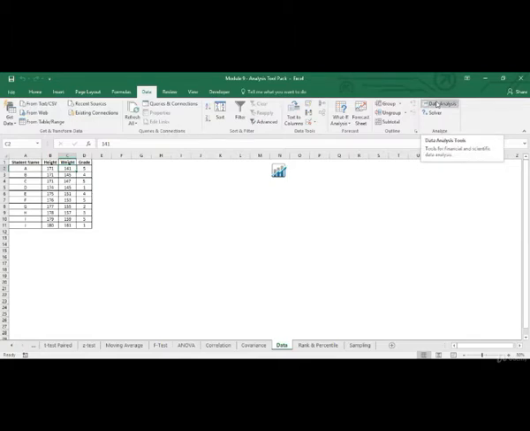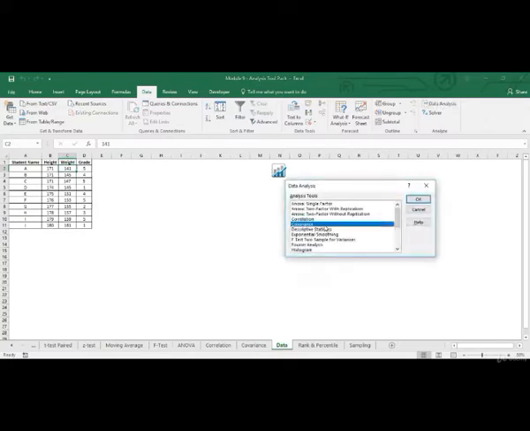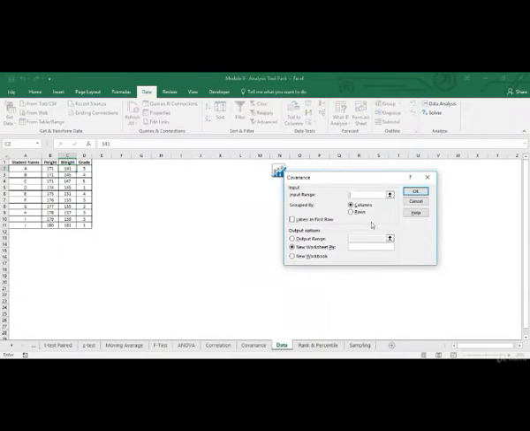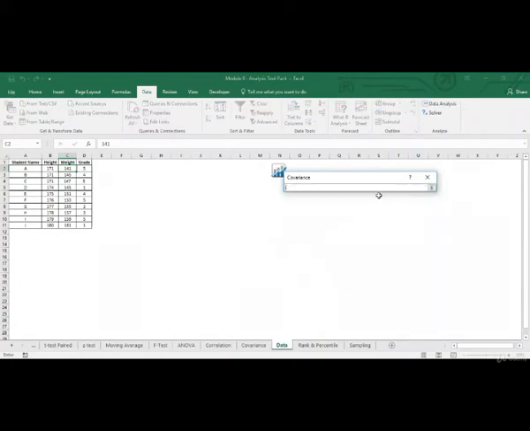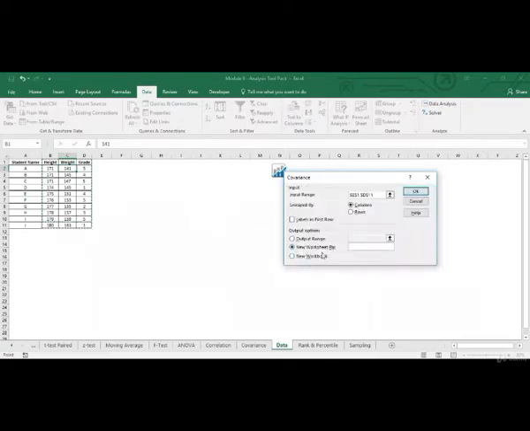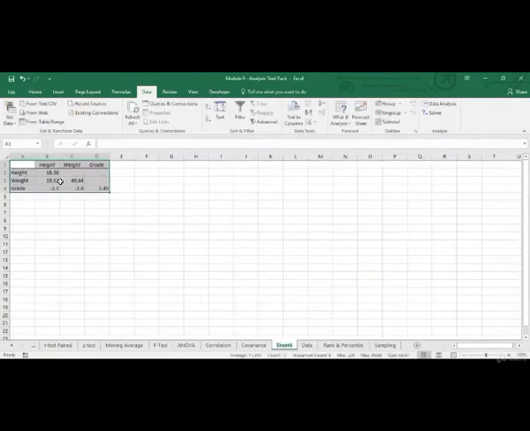Now covariance measures the change in one variable when the other variable changes. Covariance can be negative or positive, and its value can range from minus infinity to plus infinity. Now let's go to data analysis. Covariance. Okay. Again, you need to select the data in the same fashion as what we have done so far. New worksheet. Labels in first row. Okay. So now we've got covariance between these variables. One thing to note over here is that when you change your data, you will again have to calculate these statistics as they are not formula driven.